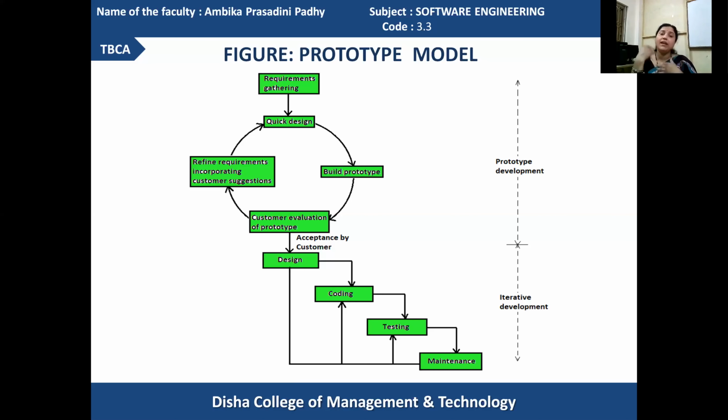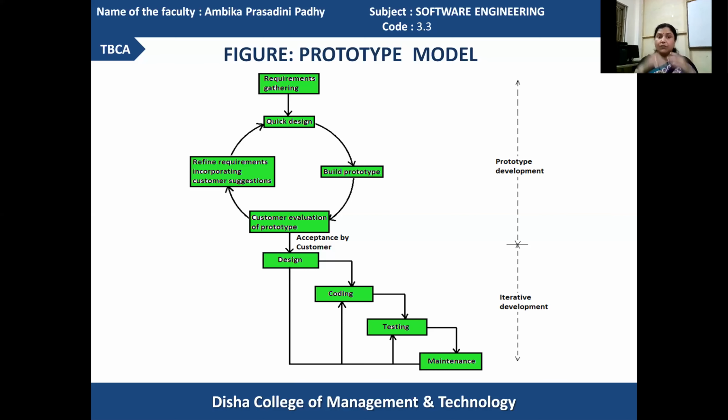So here frequent interaction with the customer is possible. That will make the system more appreciated by the customer. The customer can be confirmed about what he is going to get in hand at last.